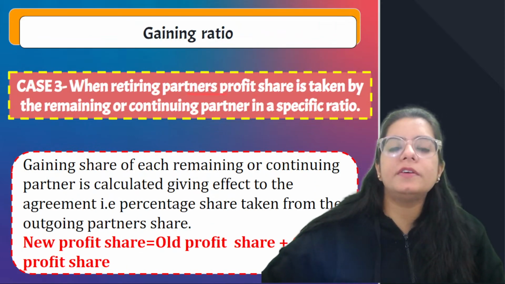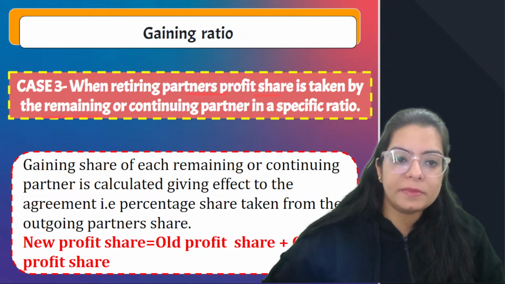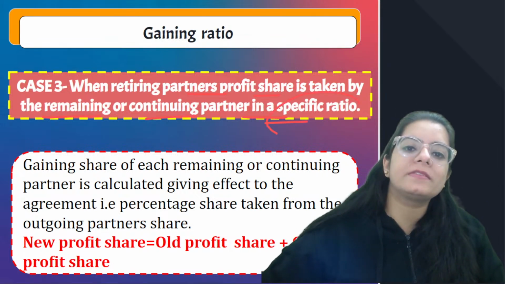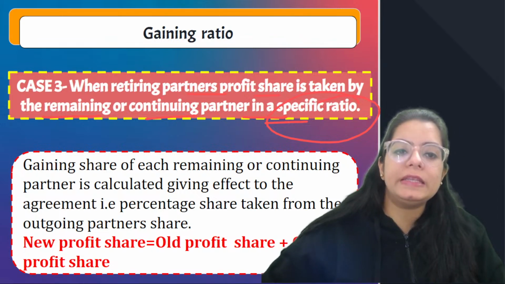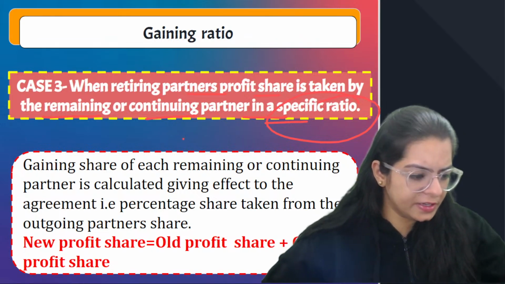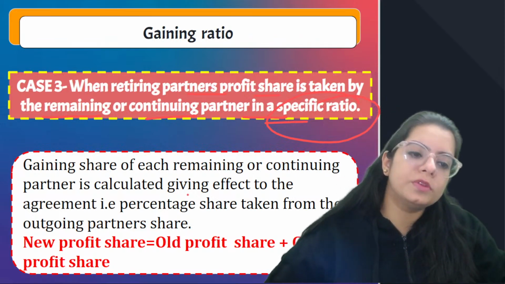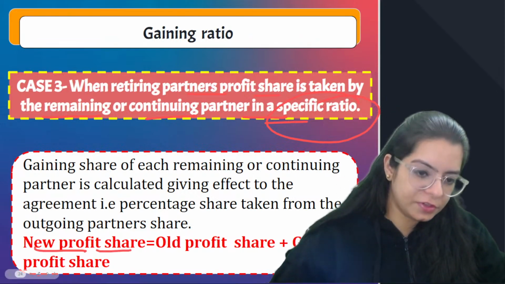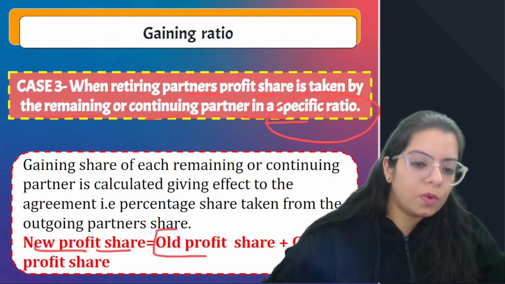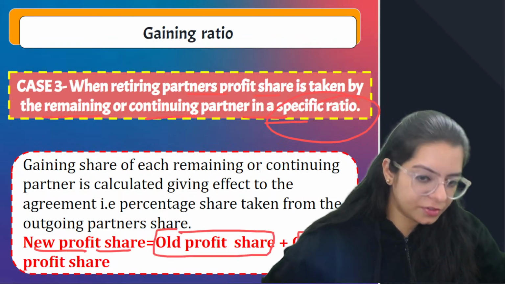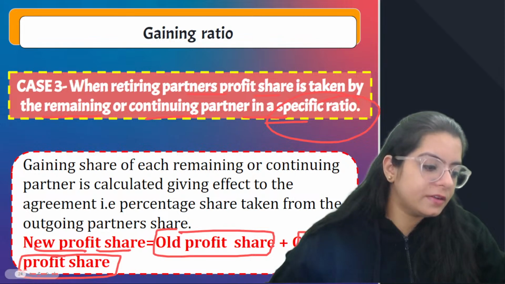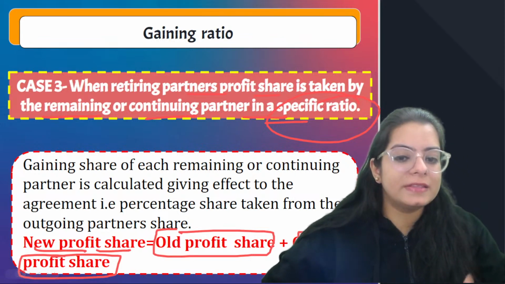When a retiring partner's profit share is taken by the remaining or continuing partners in a specific ratio, what are we going to do? We find the new profit sharing ratio by taking the old profit share plus the gained share. Whatever the old partners, the remaining partners, have gained,